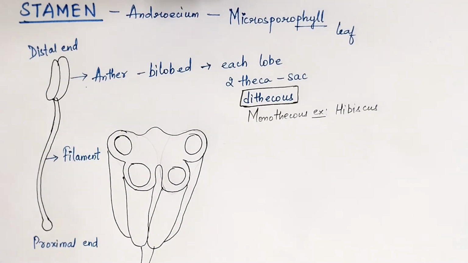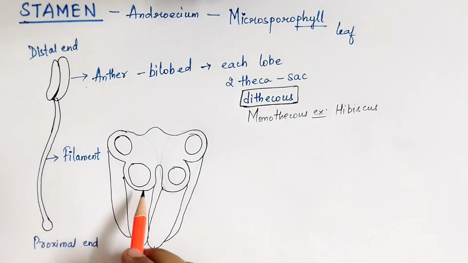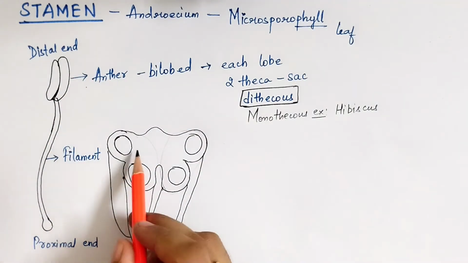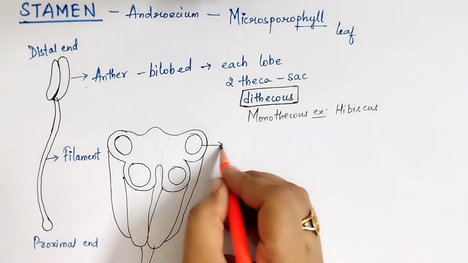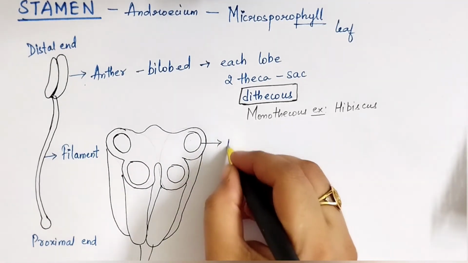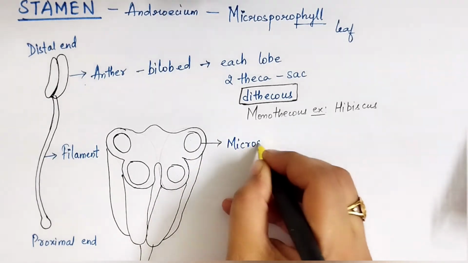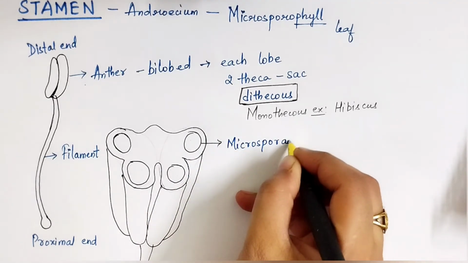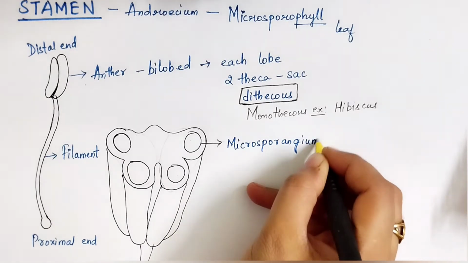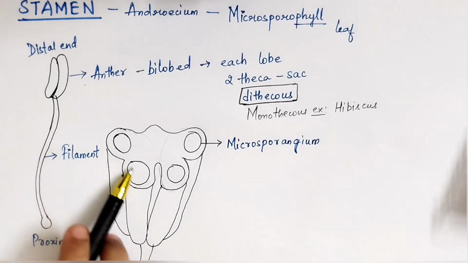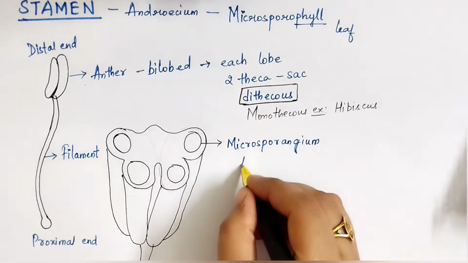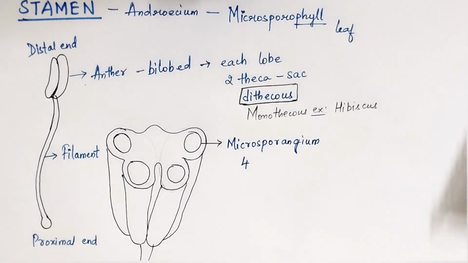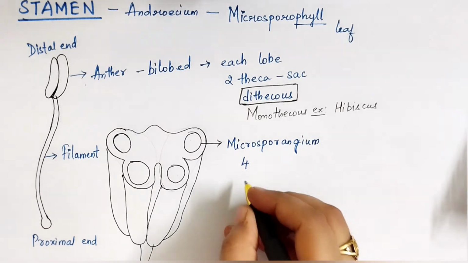Okay, now this was about dithecous and monothecous. Now if you see the 3D cut section of an anther, you can find here 1, 2, 3, 4 cavities. These cavities are also called microsporangium. That means in each lobe, you can find 2 cavities. 1, 2, 3, 4. So a total of 4 microsporangia you can find,